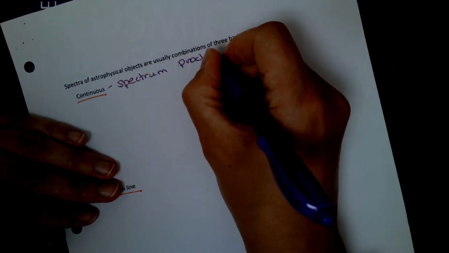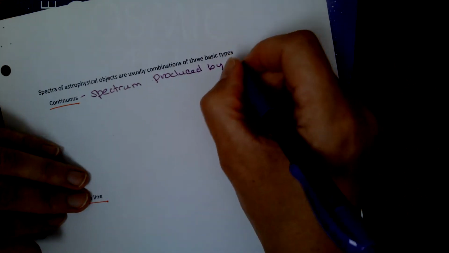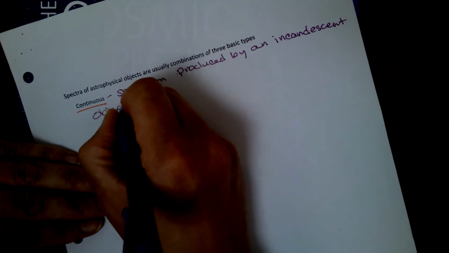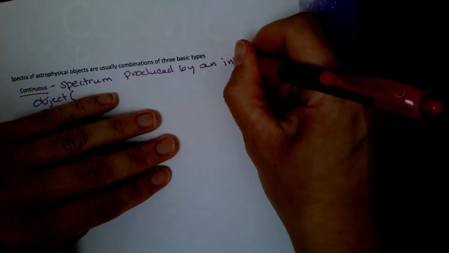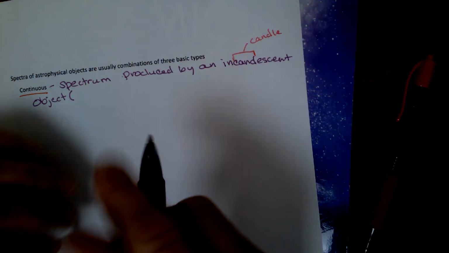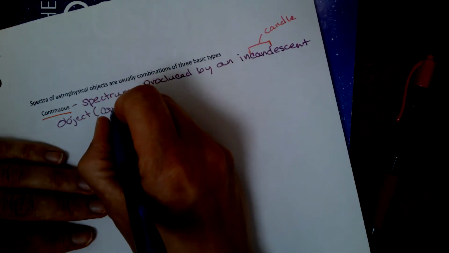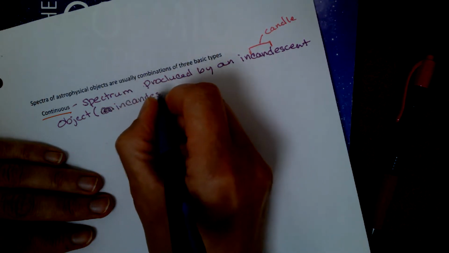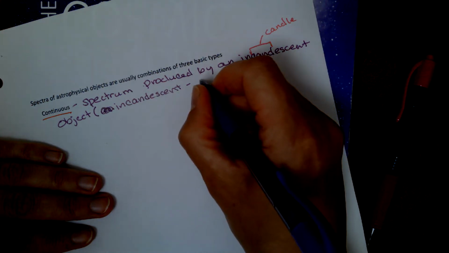produced by an incandescent object. And it helps now to have incandescent. So I'm a big fan of stems. Cand actually means candle. This is from candle. So an incandescent object, incandescent, means that it's so hot